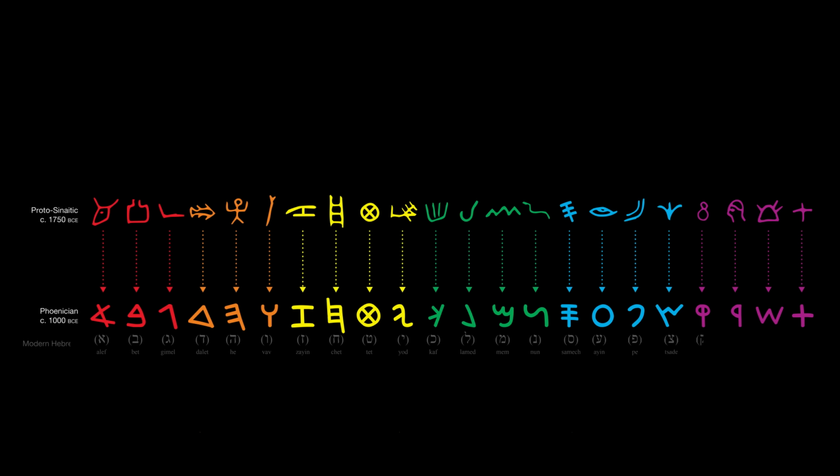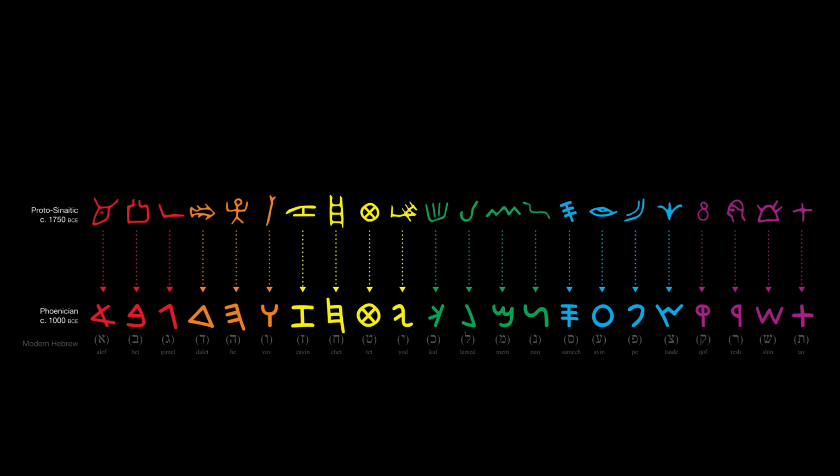Note that I've shown the more familiar square Hebrew letters below for reference, and so that we have names that we can use for these early symbols like Aleph, Bet, and Gimel. It's interesting to note that the earliest portions of the Hebrew Bible would have been written in this ancient script, not in the square letters used by Jews today. Those developed several hundred years later.